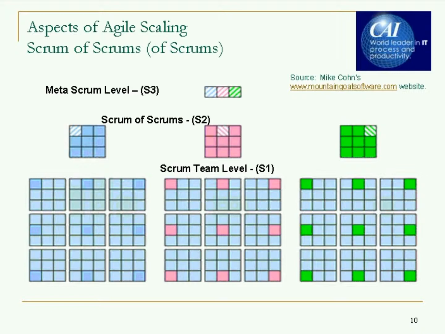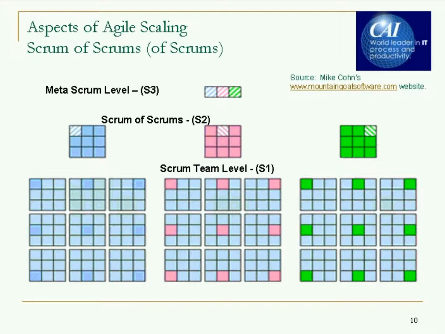So you have the Scrum team sprinting at one level, but then there's a level 2 Scrum of Scrums, and to me that's really integration, it's coordination, it's human resource sharing, it's skill set assessments, it's managing impediments at a higher level, impediments across all of those teams, it's doing release planning across all of those teams, it's having release burn down charts and things like that. And then Scrum of Scrums is hierarchical, so there could be an S3 level or a Scrum of Scrums level where that group is guiding the Agile evolution and the Agile methods across all three of those product lines.